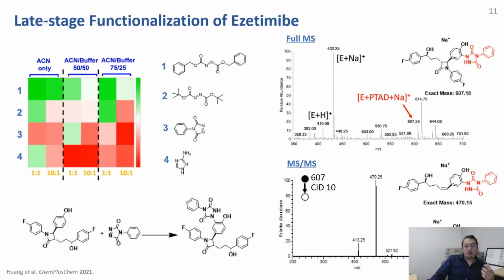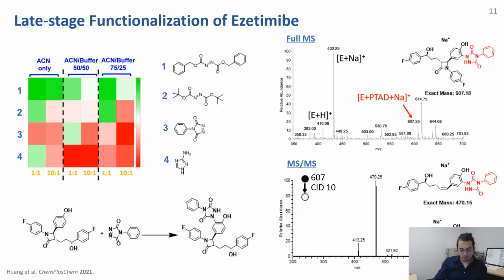Now, we've recently also tried to explore other types of reactions. Instead of taking simple building blocks, try to derivatize already active and complex molecules, because this takes you closer to the kind of drug discovery workflow in which you find active molecules and you generate analogs and you have to test them again. So in this case, we've demonstrated with, for example, Ezetimibe, which is a medication used to treat